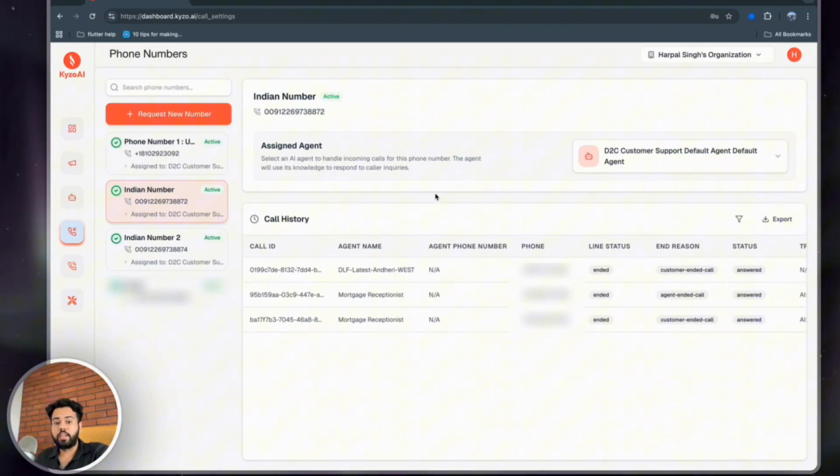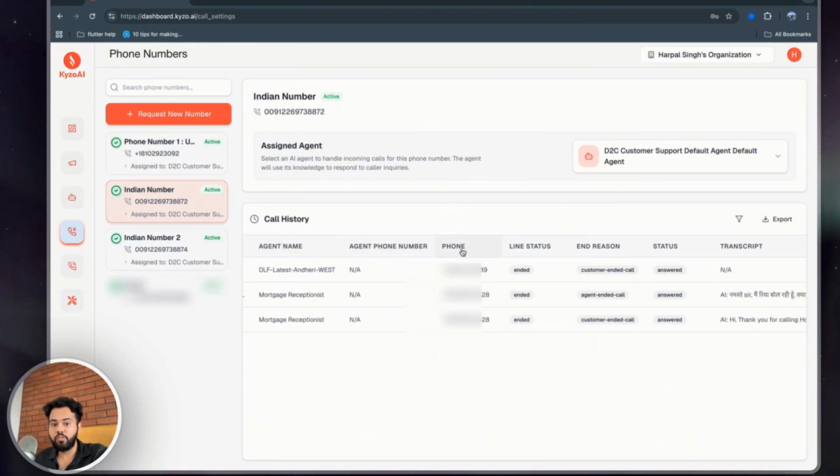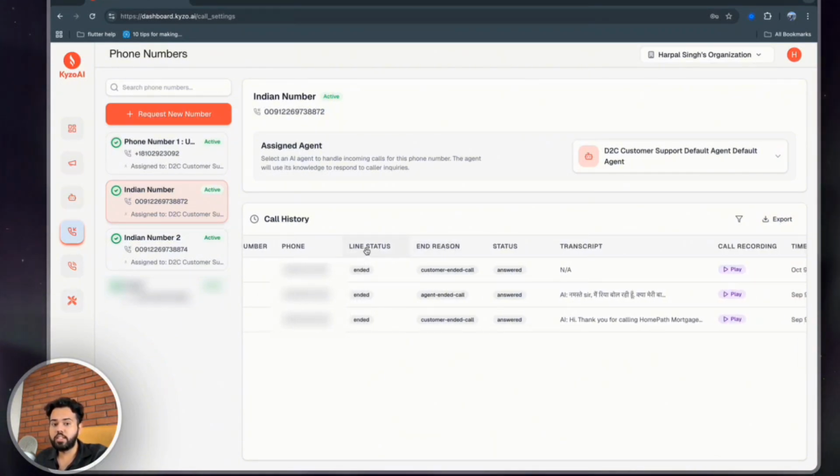Now, if we look at the section just below the phone number details, you will be able to see the call history for this specific phone number. Keep in mind, guys, this is only the inbound call history. So you can look at the agent which was assigned at the time of the call, right? The phone number from which the call came, the line status, whether the call was received, whether the call ended,